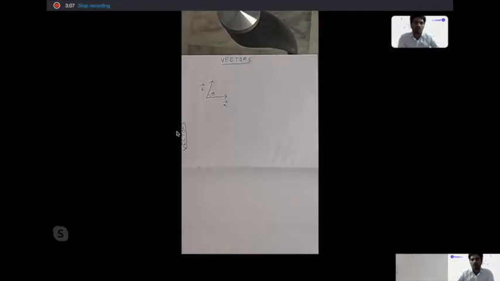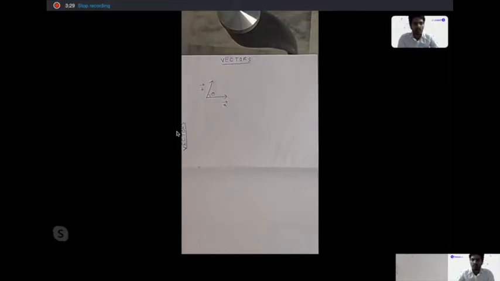Similarly, vectors are again different quantities. And why are we using vectors? Why shouldn't we just suffice with numbers? Aren't they sufficient? Why do we need to describe something called vectors? Why do we need this terminology called vectors? Right? That's the question we have whenever we see this term called vectors.